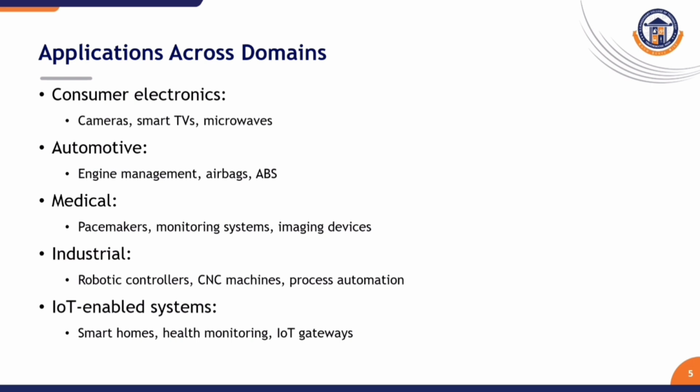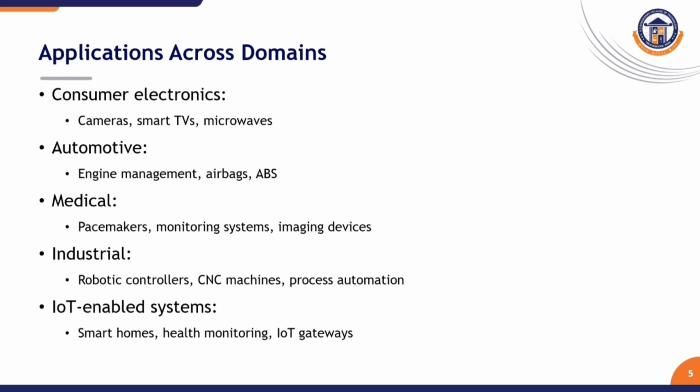Embedded systems are used across various application domains based on the necessity. The first one is consumer electronics. In consumer electronics, we are using embedded systems in our day-to-day life, like digital cameras, smart TVs, microwave ovens, etc. And if you come to automotive systems, we are using embedded systems in engine management, airbag control units,